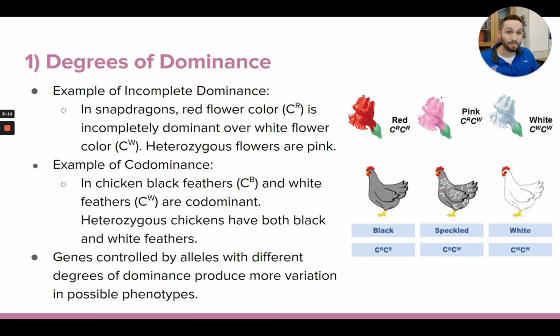Now, codominance is different, and that is when, for some genes, there are situations where two different alleles are both dominant, so we call it codominance. So, again, let's use the flower color example. Let's say for a certain type of flower, there's red alleles and white alleles for flower color, but this time let's say they're codominant. If those two alleles were codominant, that means they're both actually going to win in terms of what phenotype you're going to have.